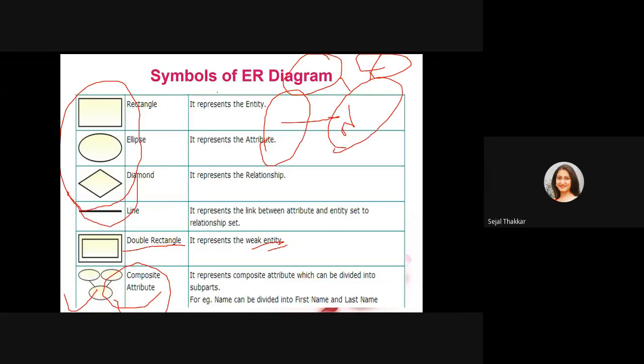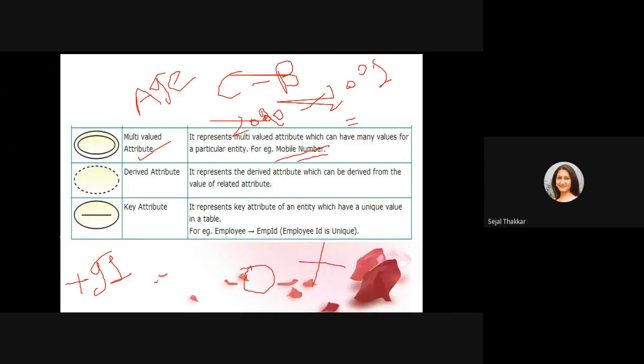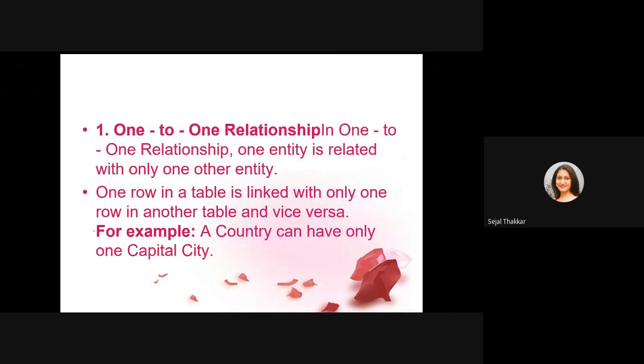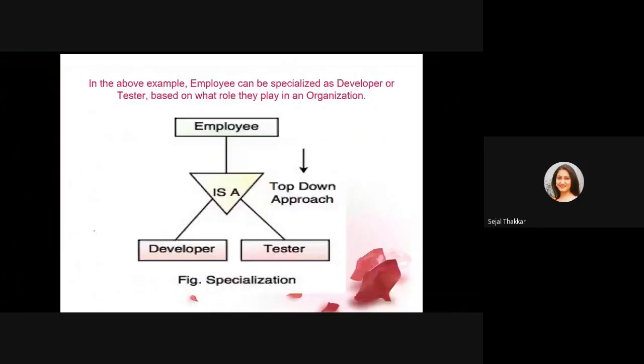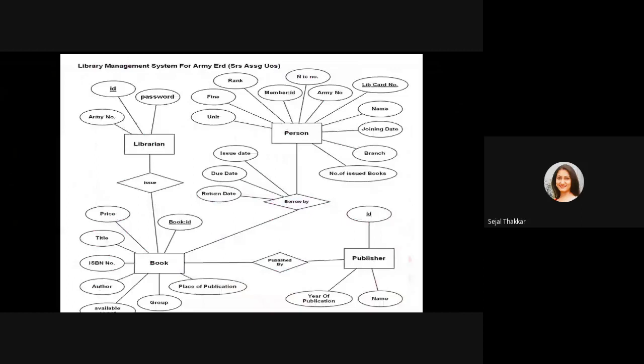Along with these four attribute symbols, you have to remember one more symbol, and this is the key attribute, right? This will help you in drawing your ER diagram. You can see here, ID is the unique number, library user has a library card number, book has a book ID. So these are the unique values, which are the key values, and you have to draw an underline.